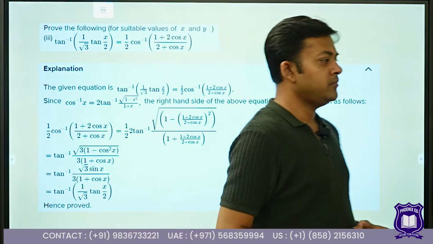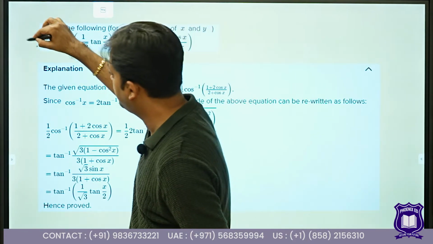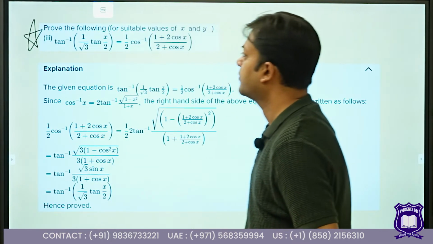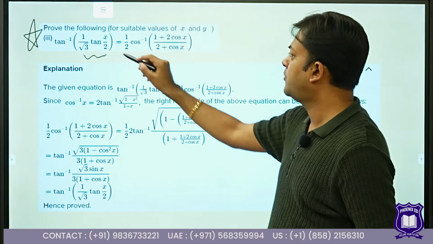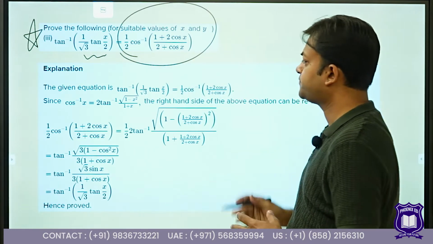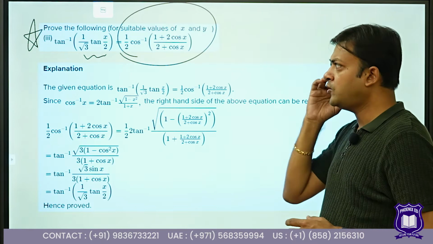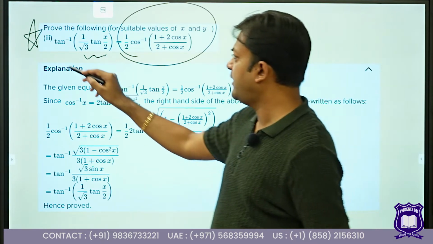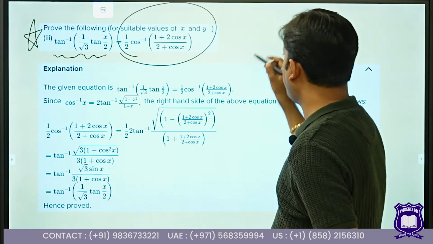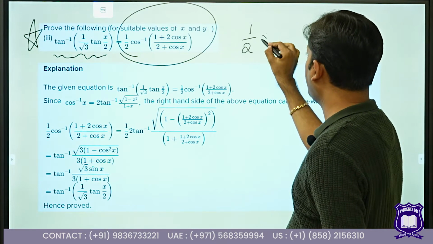In the next problem, this is quite an important one. Let me mark it. We have tan inverse of this expression to be proved equal to this. In order to solve such problems, there are two methods. Let us take the easier one, where the entire left hand side has to be manipulated first. We can write the left hand side as half times